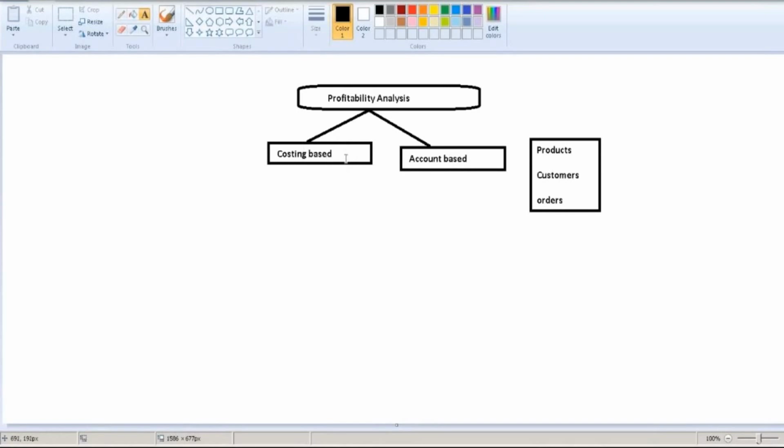Costing based profitability analysis is a form of profitability analysis mainly based on cost and revenue according to the value fields and costing based valuation approaches. It guarantees us access at all times